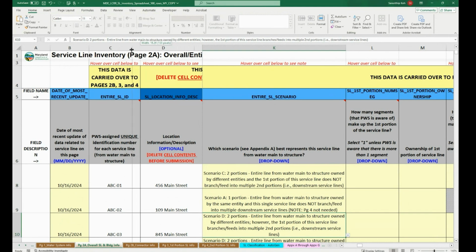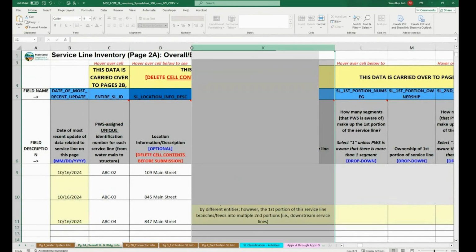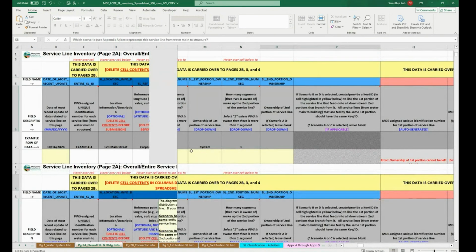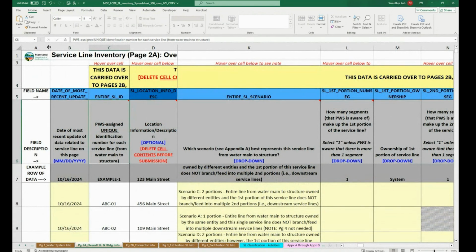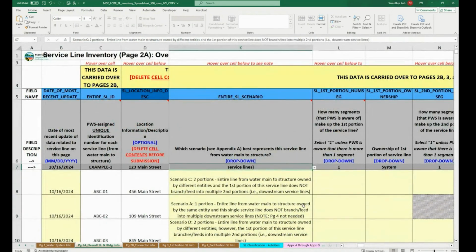So again, I'm going to squeeze some of the columns together so that you can see a little bit more. And I'm not quite sure why we are seeing this happening, but it's just the graphics. So I apologize for that. Okay, so